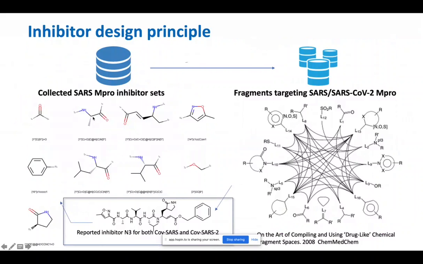The basic idea is that for the 300 molecules, we can partition them into smaller chemical groups, and then we can recombine them to generate novel chemicals, and then test whether they are suitable candidates. If you look at, for example, one of the promising drugs designed so far by others, it can actually be combined from these chemicals. So this is a new one, it's called N3.